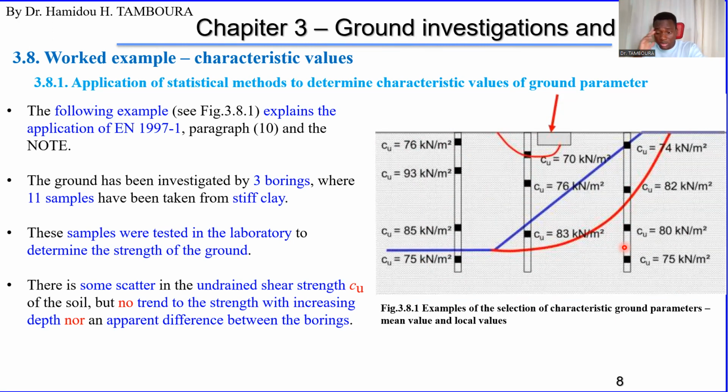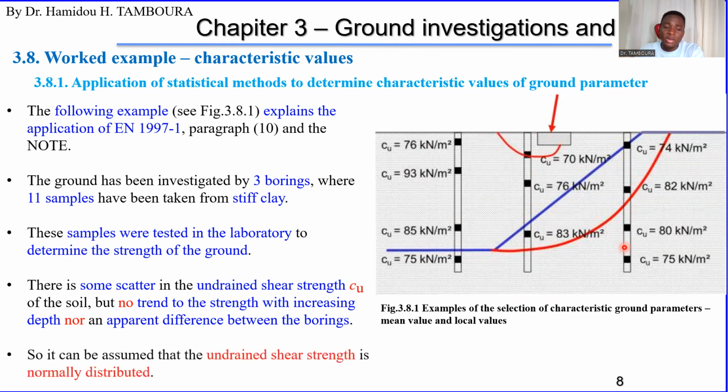Okay, because of that, we can say that the undrained shear strength is normally distributed. In statistics, maybe you know what a normal distribution is. So we will consider that this is a normal distribution statistically. Okay, so in this example from Eurocode,